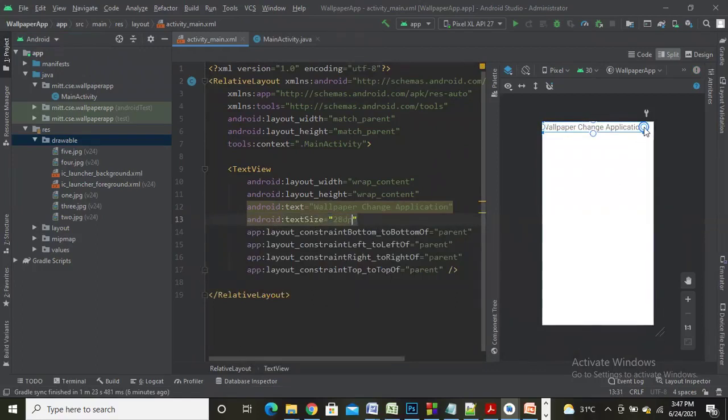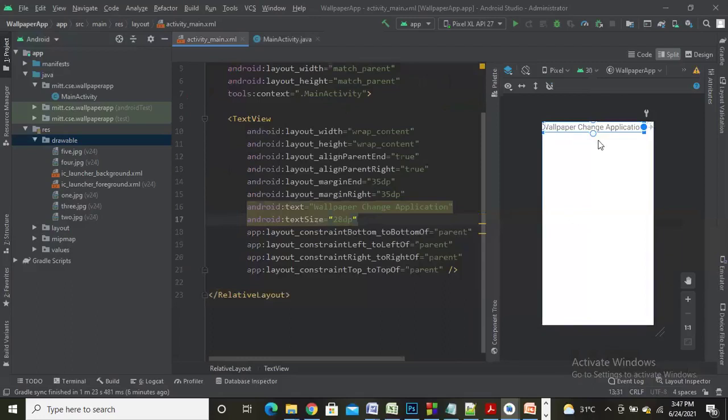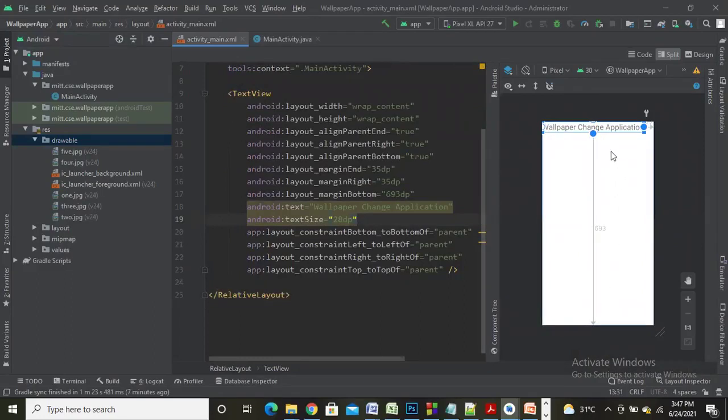And you can see the component is present at the top. Let me make this movable towards horizontal by dragging this circle to the end. And similarly, let me make this component movable towards vertical by dragging this circle to the bottom. So now I'll drag this component and place it in the center at the top.